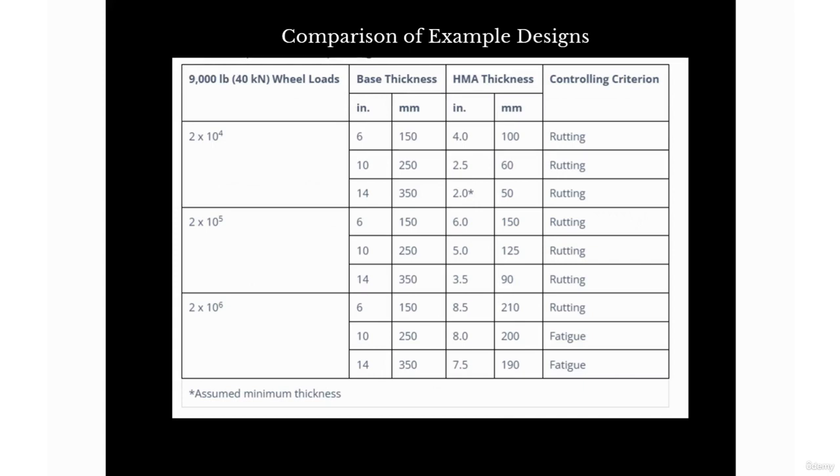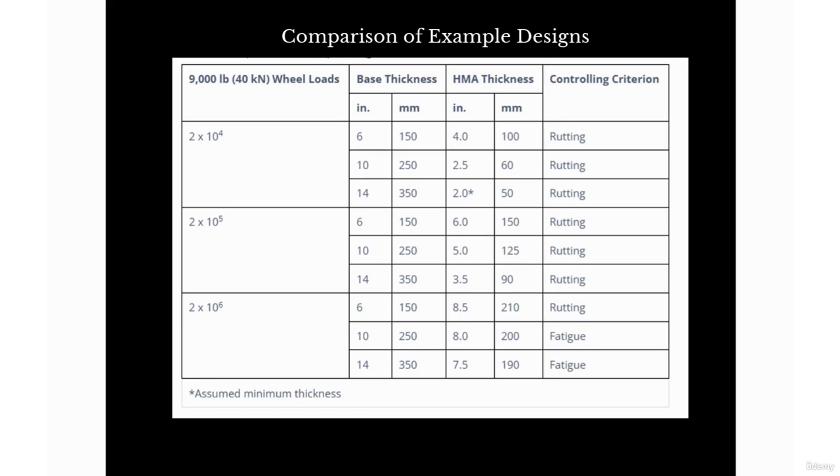So here now we get to compare the results from using a granular base thickness and having an HMA thickness. You can see here the rutting and fatigue. We can see the different results from our graph. We're comparing the example designs. As you can see here, the thickness of HMA